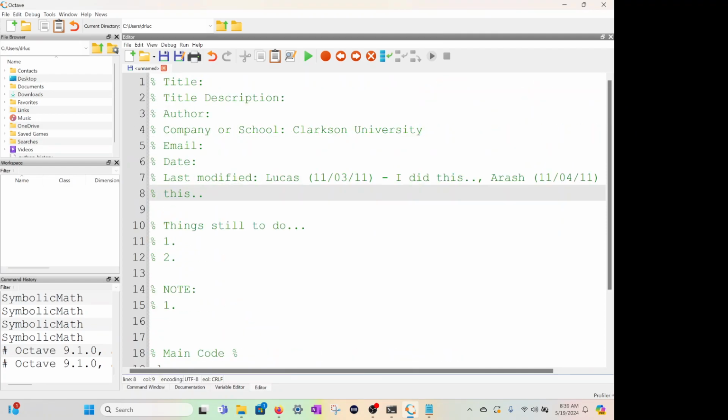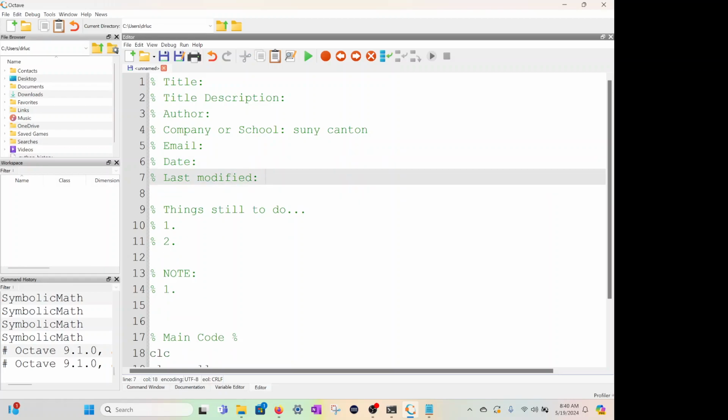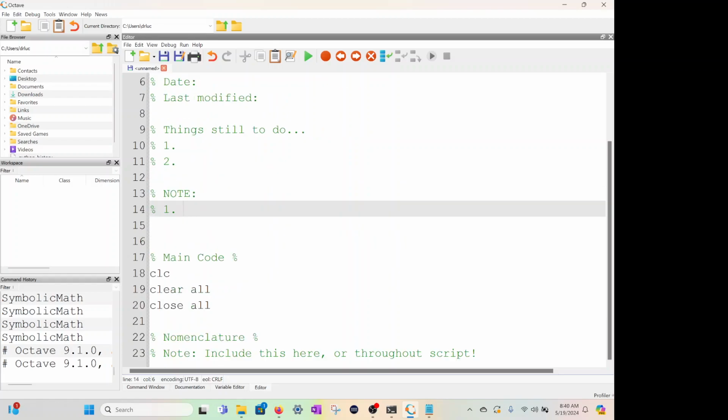So what do I have? Well, I have a title. What is the name of this file? Description. Who created it first? The school. So I'm going to change this to SUNY Canton. I'm not sure why the, oh, there we go. The shift button's not working, so I have to do caps lock. I don't know why. Put your email, the date, and the last time you modified it with the date and what you did. Right now we don't need that. If there's anything left to do in the code, any notes,